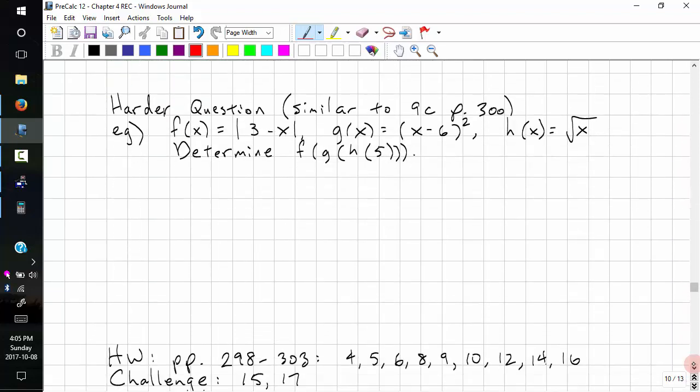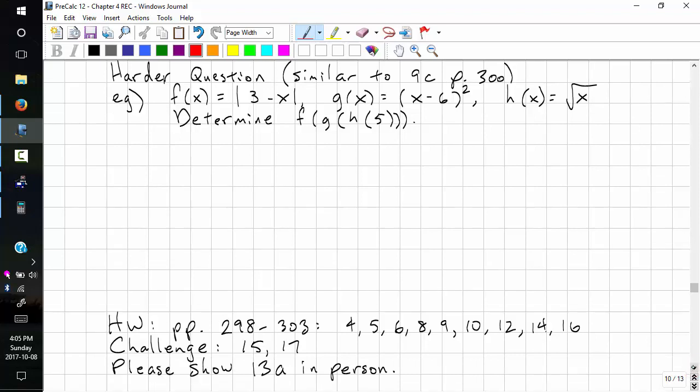Let's look at a harder question. This is similar to 9C on page 300. F of x equals the absolute value of 3 minus x. G of x equals x minus 6 all squared. H of x equals square root x. Determine f of g of h of 5. So we start off with h of 5